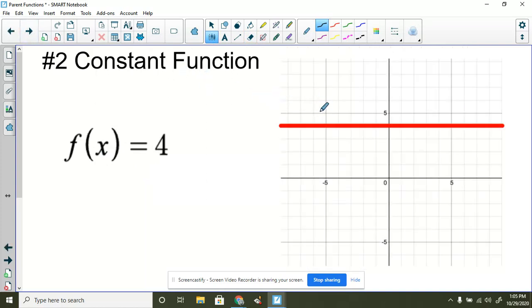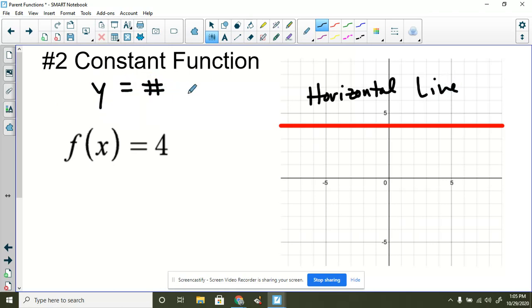Constant functions are horizontal lines. Okay, so a constant function, now you should remember this from your time in algebra, but you should remember that anytime we have an equation where it's just y equals some number, that's a horizontal line at that number. Now, in terms of being a function, again, we replace y with f of x. And if we say f of x equals 4, there's nowhere in the function to put a value of x,